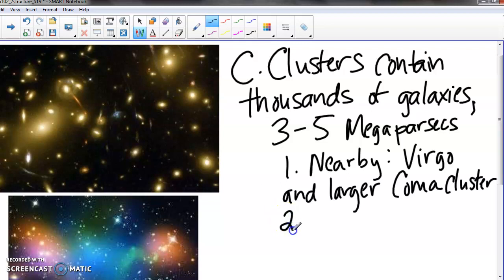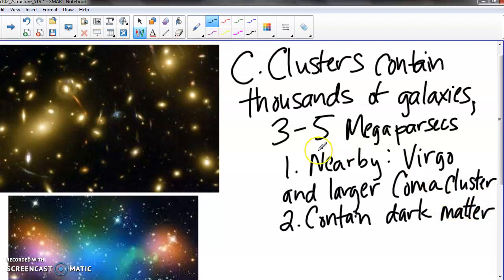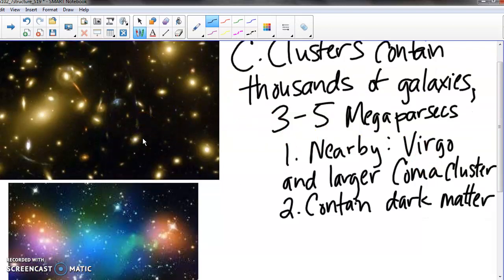They both, all clusters, contain dark matter. Hopefully that makes sense. We know that each individual galaxy contains dark matter, but there's a little more to it than that. So we look at a cluster of galaxies, this beautiful picture of all these different galaxies, and then